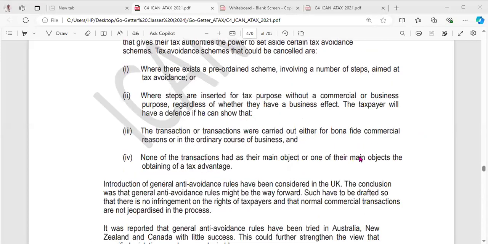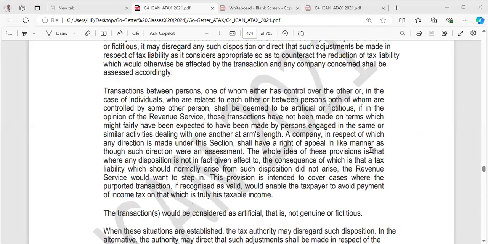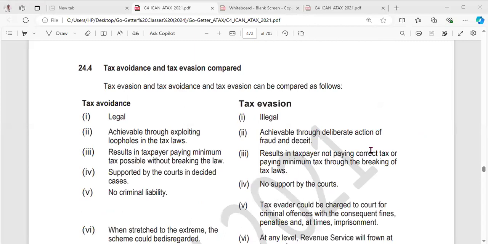So now we've seen what is tax avoidance, what is tax evasion, what are the differences? One, tax avoidance is legal, tax evasion is illegal. Two, tax avoidance can be achieved through exploiting loopholes in the laws, while tax evasion can be achieved through deliberate action of fraud and deceit. Three, the result of tax avoidance is that the taxpayer pays the minimum tax without breaking the law, whereas tax evasion results in the taxpayer not paying the correct tax or paying a minimum tax through the breaking of laws. Then four,